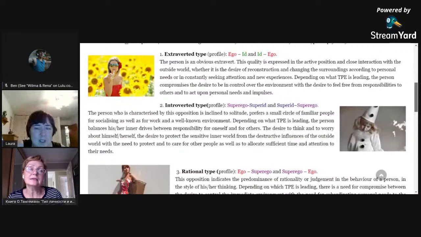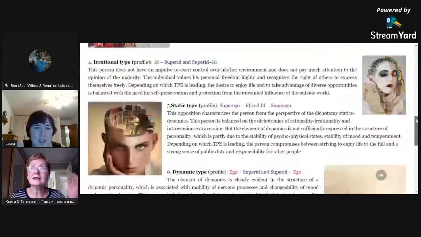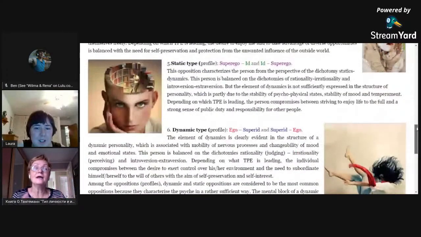But what is interesting is that when we just now looked at how you distributed the TPs in your psyche, you have come out to static. So we have got a huge range of choice and nothing in particular, very, very tangible, so that we can say, yes, it is exactly this, exactly this. You kind of find yourself a bit in every type of psychic energy, in every group. But